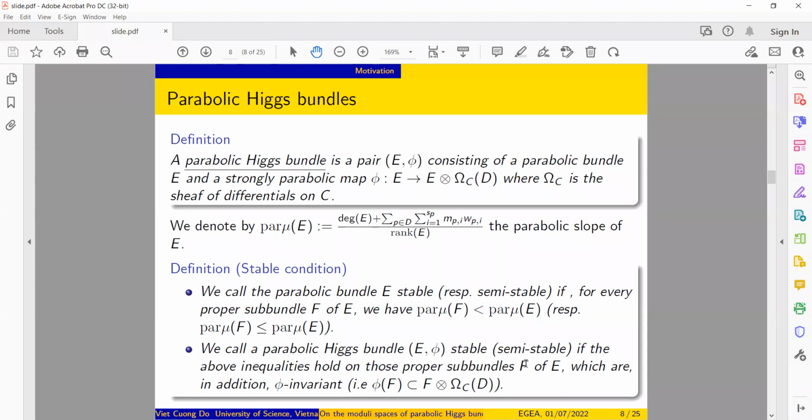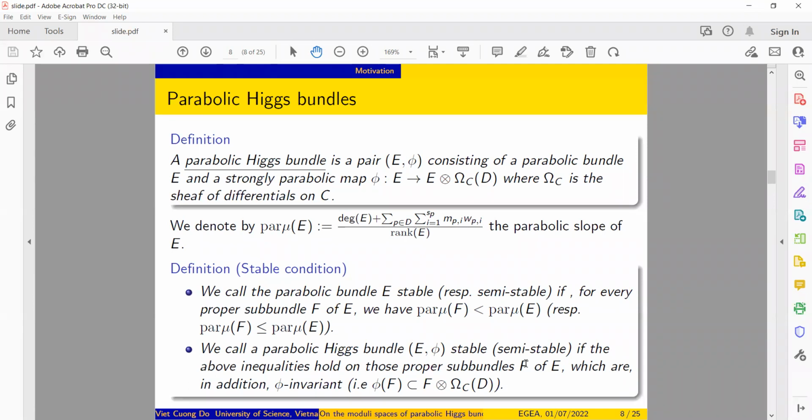Now a parabolic Higgs bundle is a pair of a parabolic bundle and a strongly parabolic map, and we fix the rank, we fix the degree, we fix the weight. We can have the moduli stack of parabolic Higgs bundles with fixed numerical data, and this stack